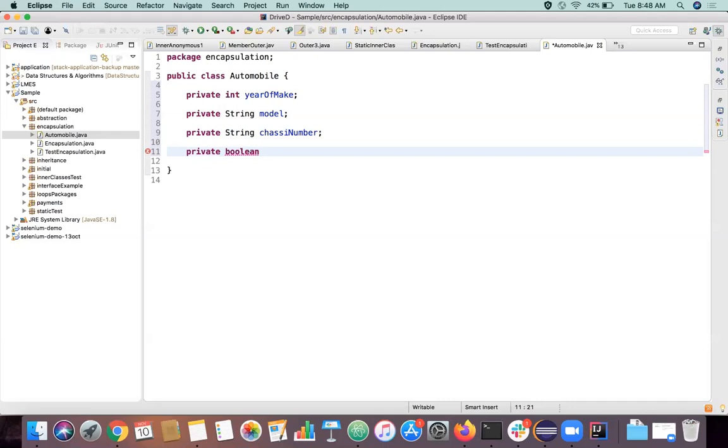We can have a boolean type also, right? isPetrol.